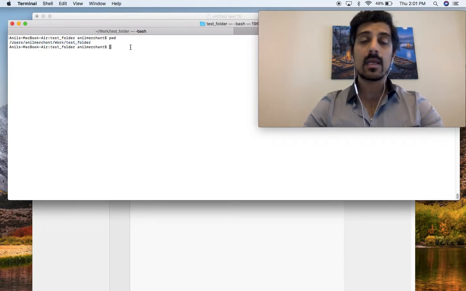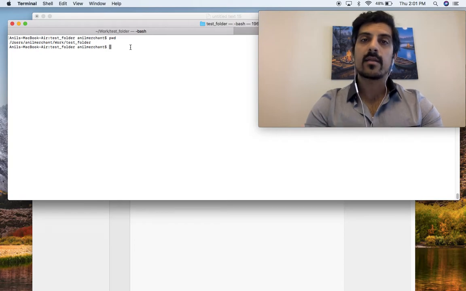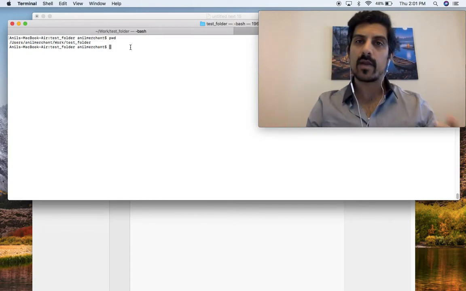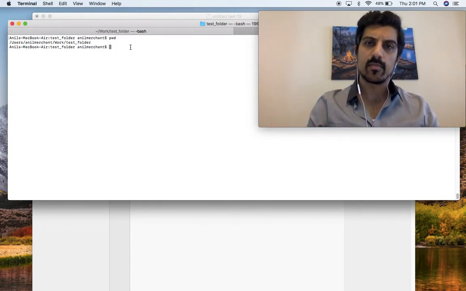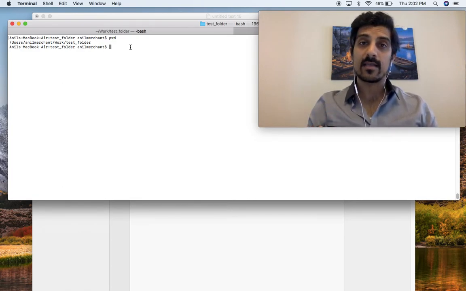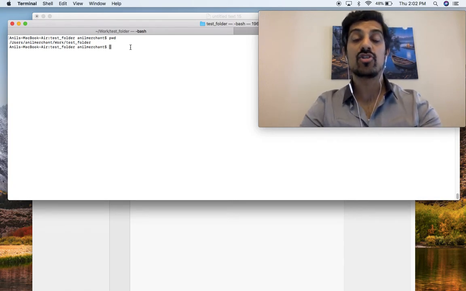Lastly, C is a language that needs to be compiled. What I mean by that is, we're writing things in English, in human readable format, and the computer can't recognize that. So there's a program called the compiler that takes the code and translates it into a language that a computer can process. The C compiler that I'm going to be using is called GCC.